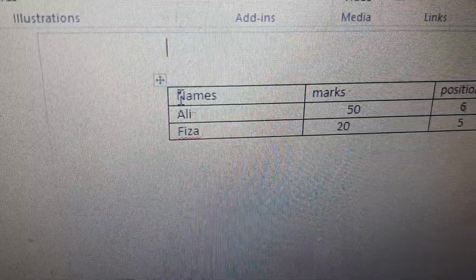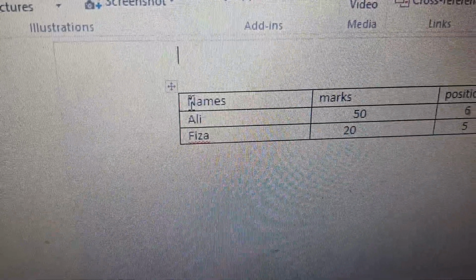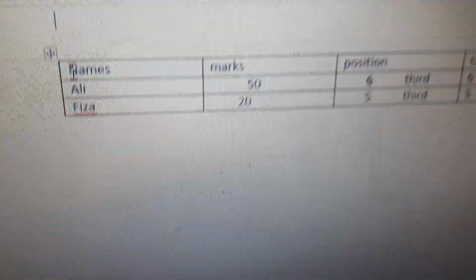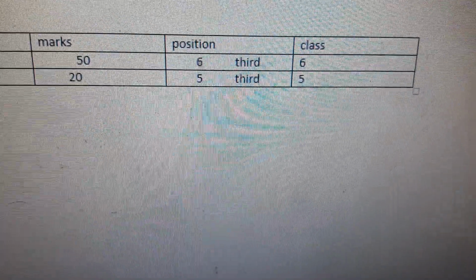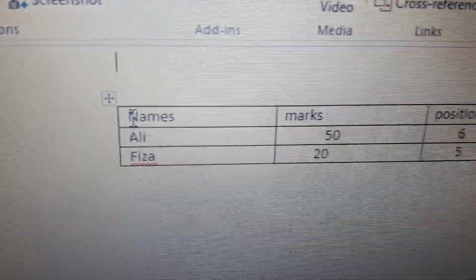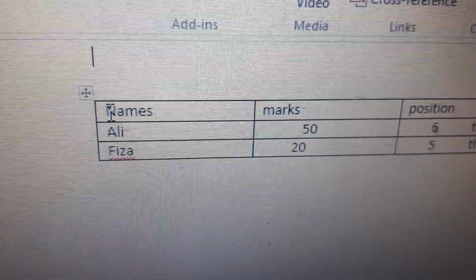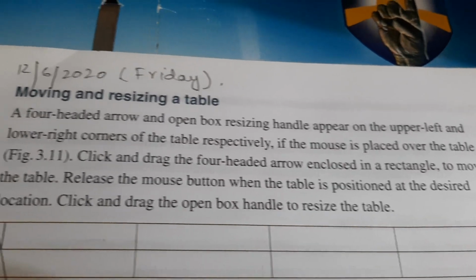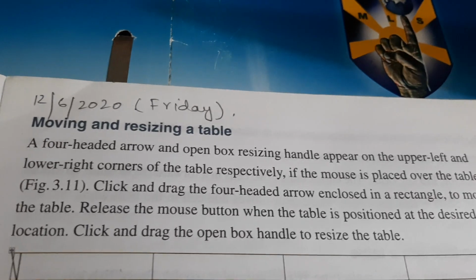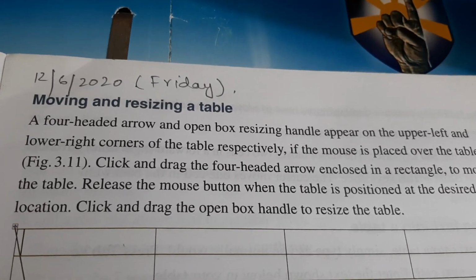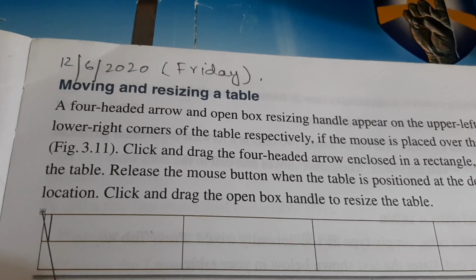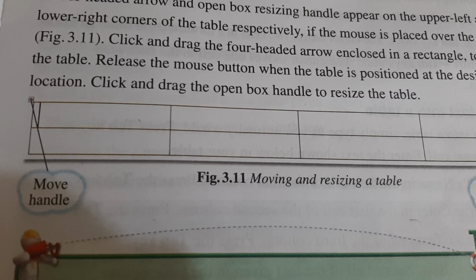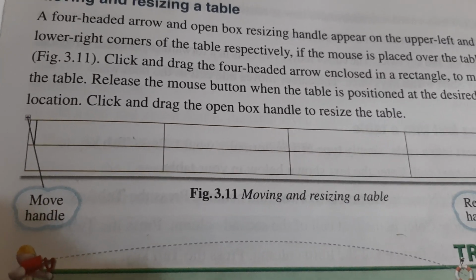This one and this one, if the mouse is placed over the table, figure 3.11, the one I show you on the computer screen.